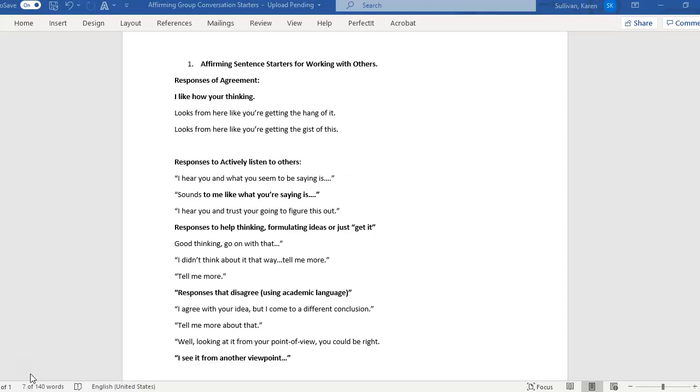Like for an emoji, you saw that, maybe it really did tell their story, or the emoji was well selected. You could say something like, I like how you use this emoji.